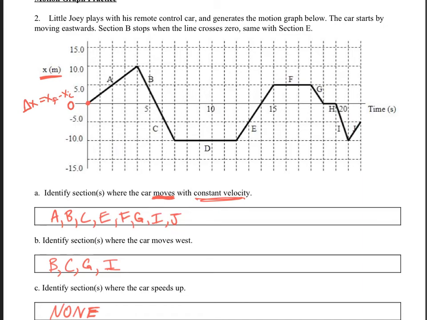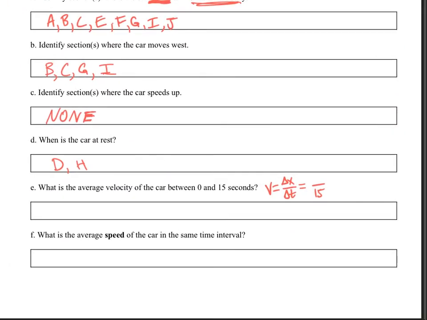My final position at 15 seconds, not the very end, at 15 is 5. So on a position graph, displacement is very easy to find. You just take initial and final position, you do final minus initial, and I get a displacement of 5 meters. So 5 divided by 15 gives me a velocity of positive 0.33